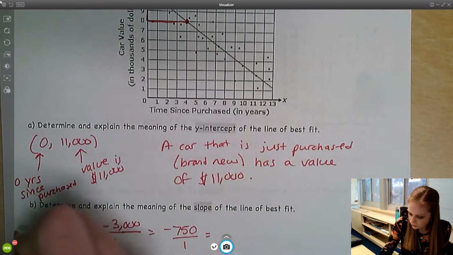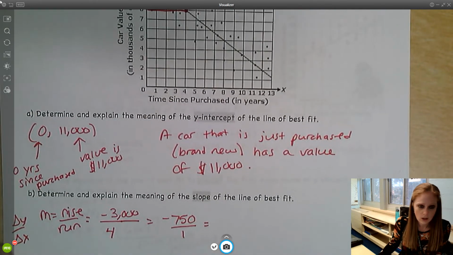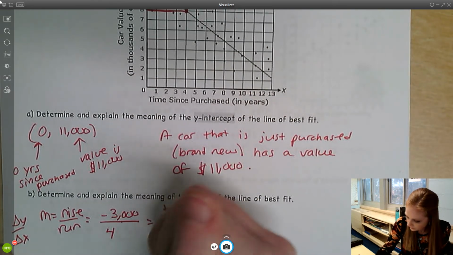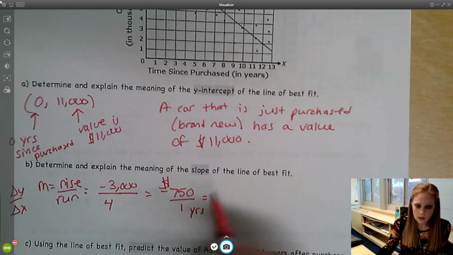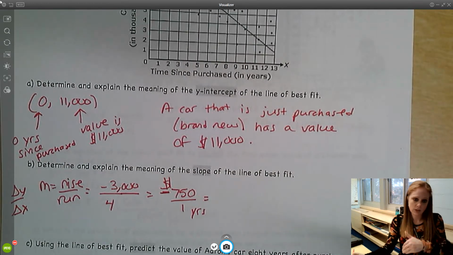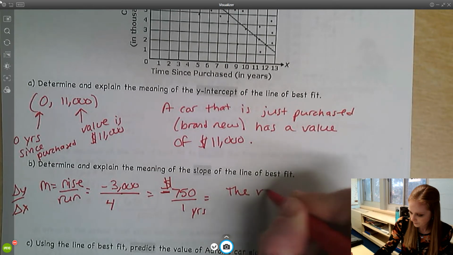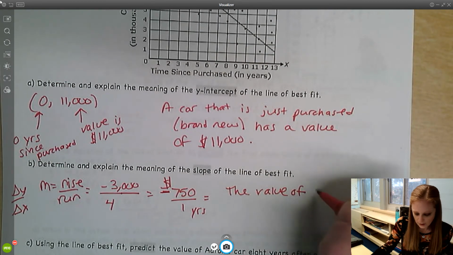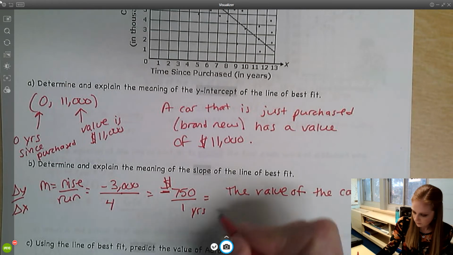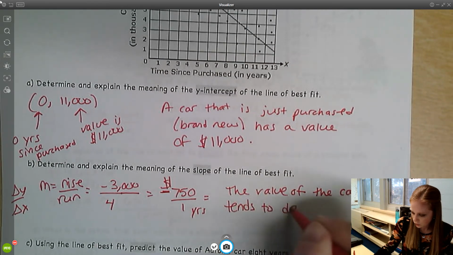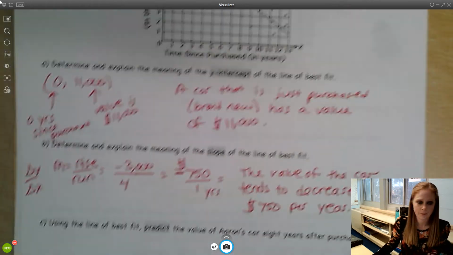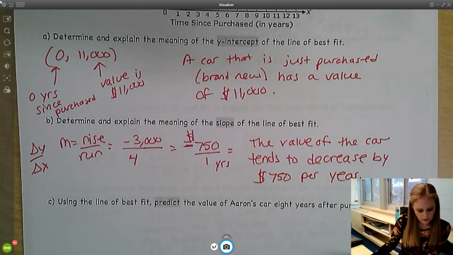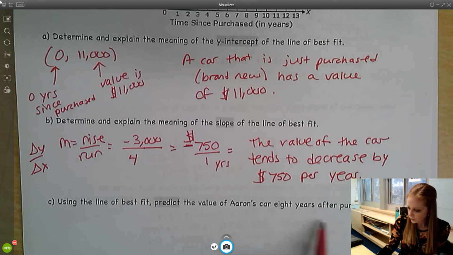Our y, right, because slope is change in y over change in x. Our y is our money, and our x is the number of years. So your car is negative, right? So our car is decreasing in value $750 per year. The value of the car tends to decrease by $750 per year. All right, and then we have to predict how much Aaron's car after 8 years is going to